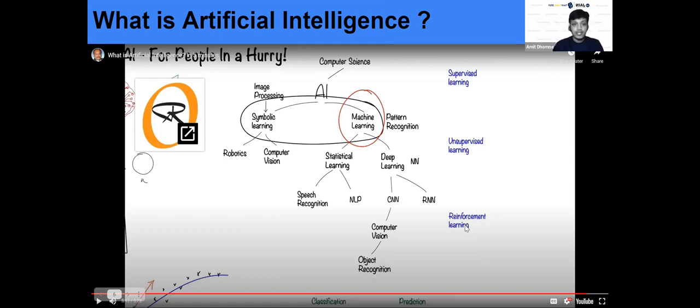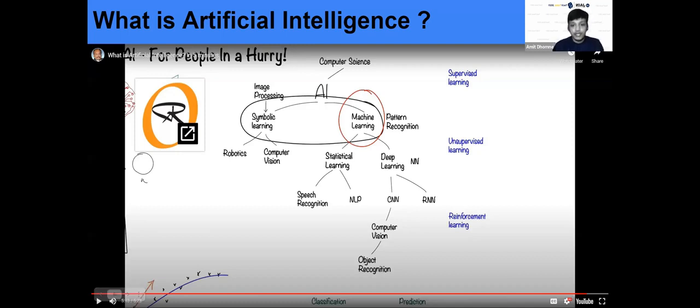And reinforcement learning is like this: suppose in the first test you score 90, and you get a reward, that means you get some chocolates. So next time you will improve more and perform much better, so that you can get more chocolates or more gifts, right? That is called reinforcement learning. This is what I'm telling about a different algorithm.